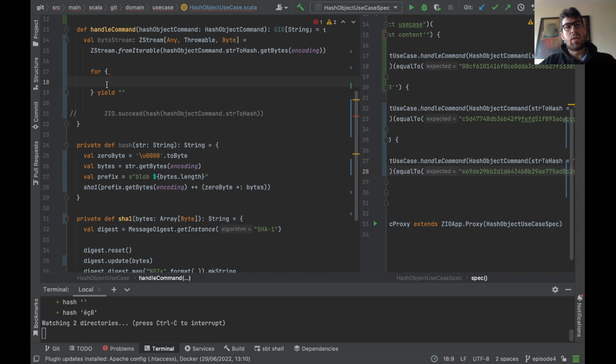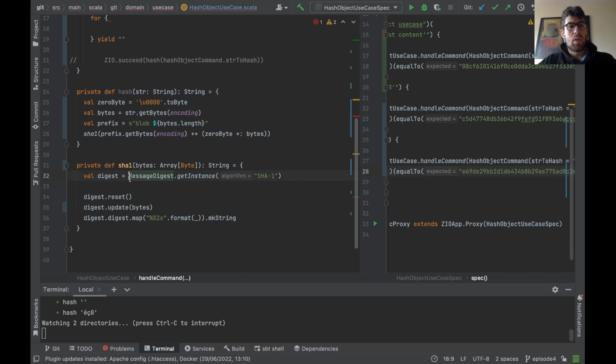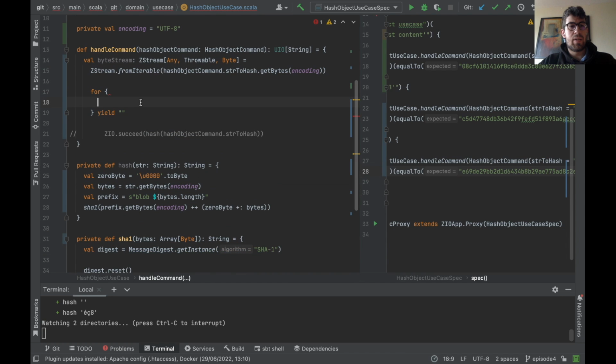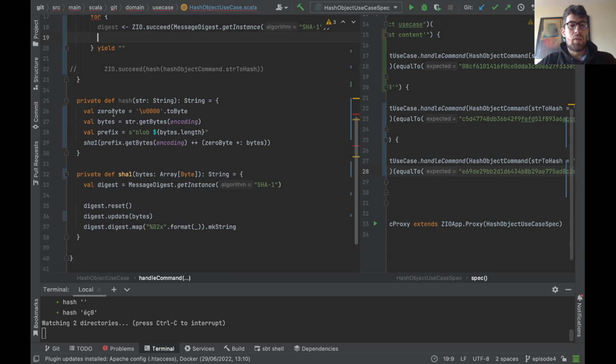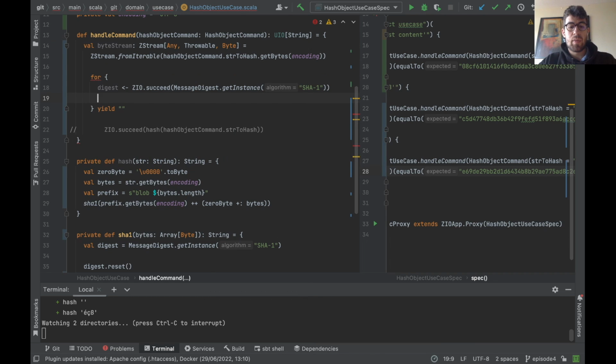The first thing that we can try to do is create our message digest here. Create the message digest. The first thing we need to have here is the number of bytes. So I'm going to create number of bytes here. It's just going to be